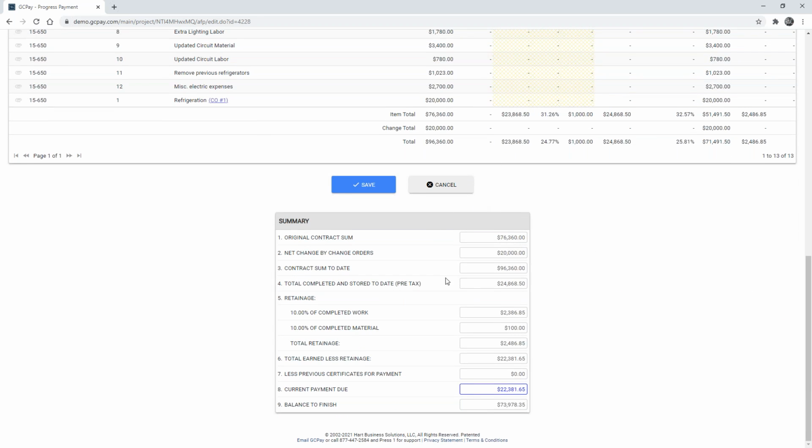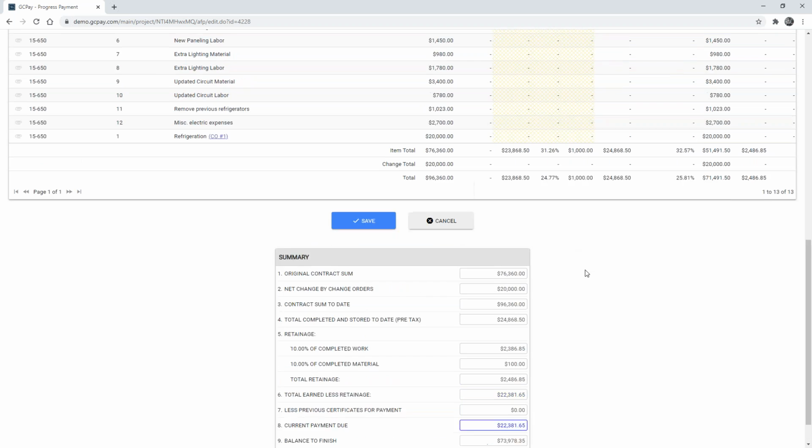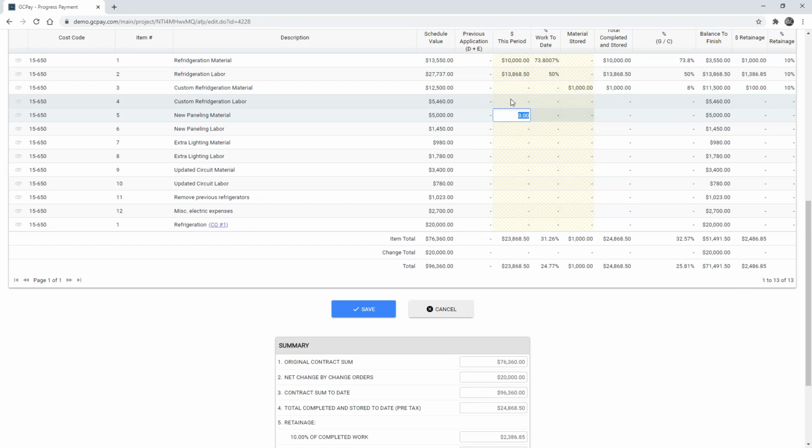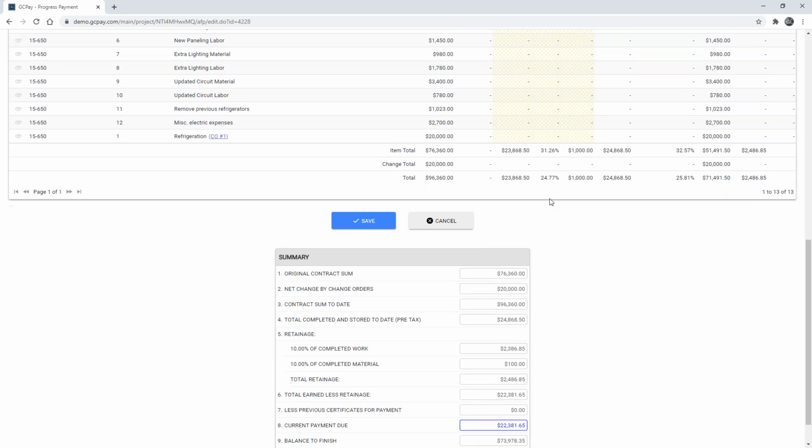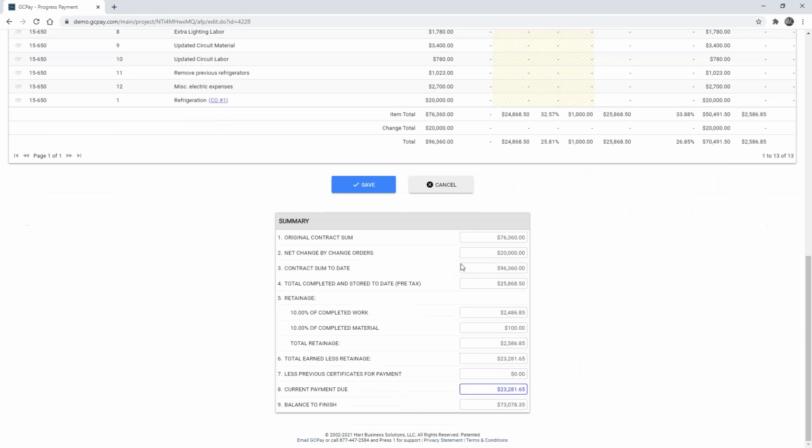And this summary is interactive in the sense that if I came up here and updated one of these line items here, perhaps I put in $1,000 for refrigeration labor, you'll notice that when I tab across, it updates the summary down below accordingly. The summary will show the original contract sum, net any change orders, showing the contract sum to date. We'll show the work completed minus out the retainage to show the contractor what they can expect to get paid for this particular pay run.